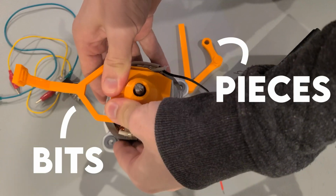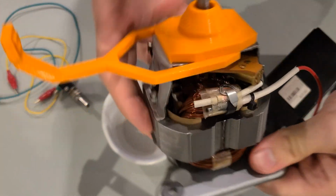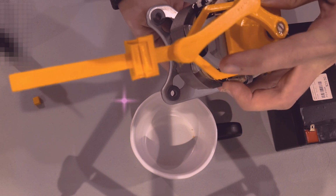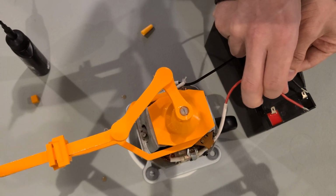So I printed out some bits and pieces and attached them to the motor, then lubed it up to make it run smoothly. It's just bike chain lube, calm down. So I gave it a quick test and...